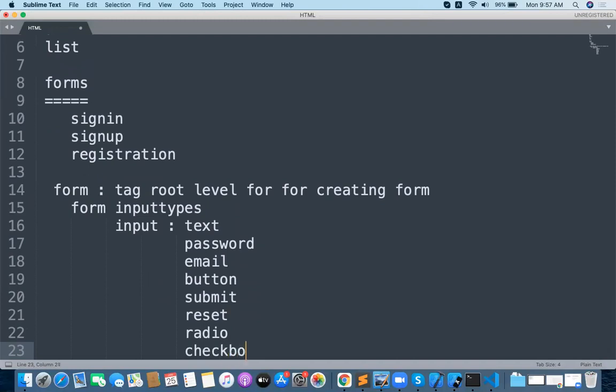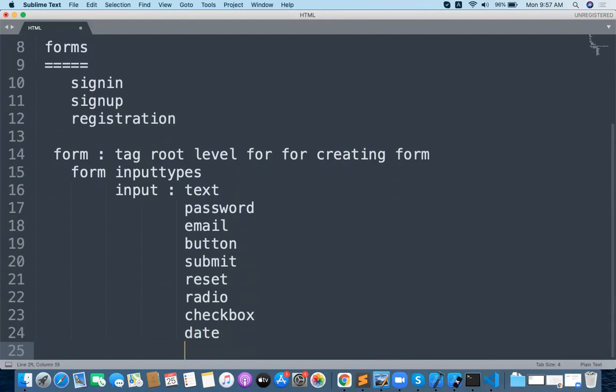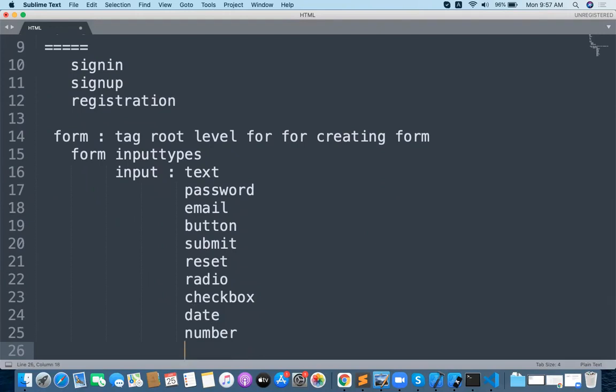A lot of form inputs are available. Input type date is there, input type number is there. I will tell you one by one.